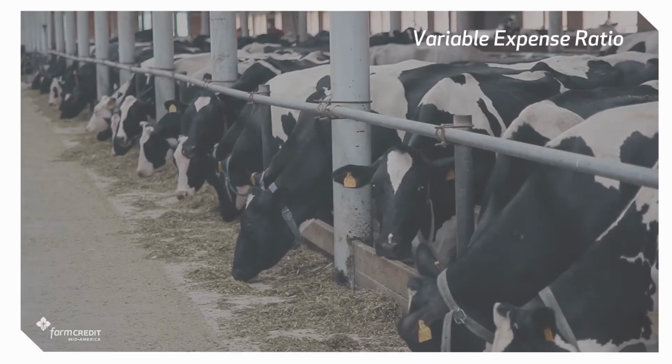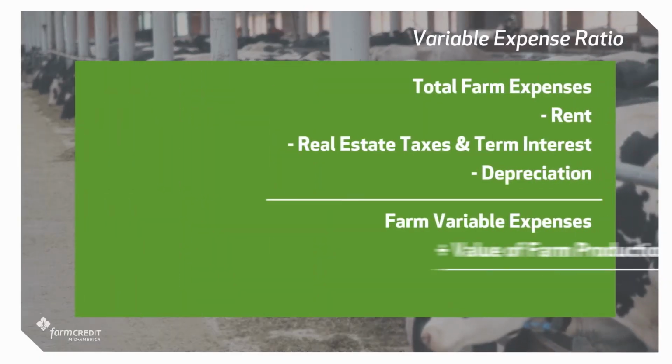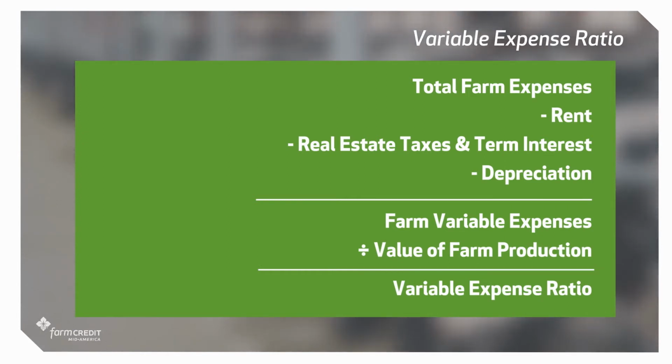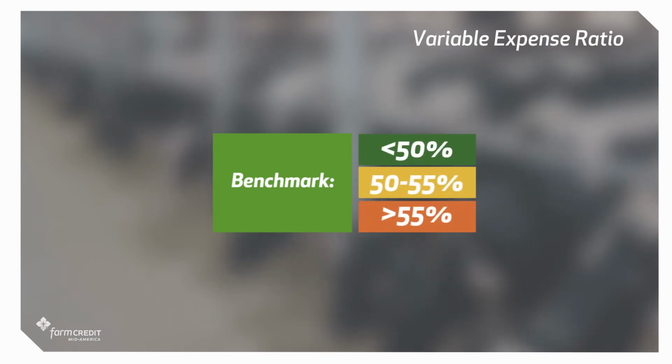As this ratio increases, the less retained profit an operation will have to contribute to the working capital position. The variable expense ratio encompasses all other expenses your operation accrues throughout the year. Key components of this ratio include crop inputs, repairs, operating interest, and labor. It is calculated by taking your operating expenses and subtracting term interest, equipment and land rent, depreciation, and real estate taxes to get your farm variable expenses. Once you have this number, divide the farm variable expenses by your gross revenues to get your variable expense ratio. A moderate risk variable expense ratio would be 50 to 55% for grain producers. A 50% variable expense ratio simply states that for every dollar of gross revenues your farm generates, 50 cents goes